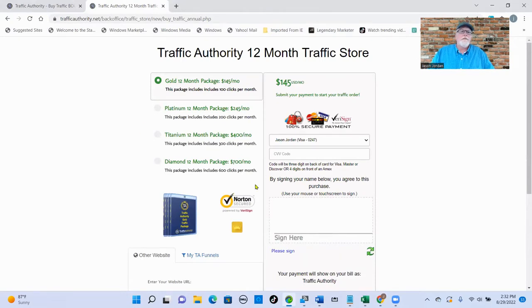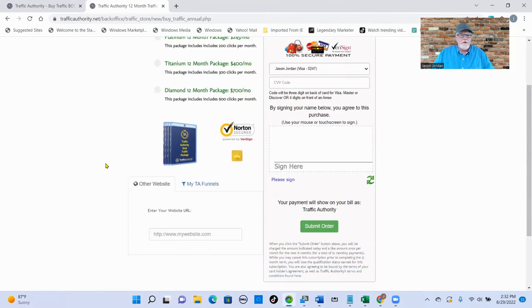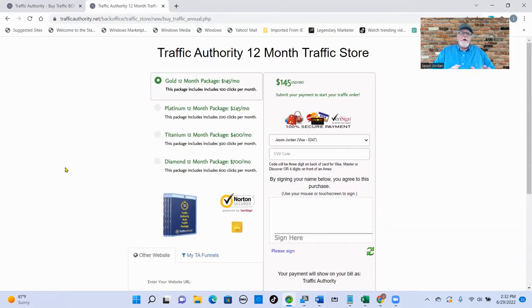So whenever you come in here, and of course, since I'm already a member, this just pops up with my information. But what you've got here, you're going to have this opportunity. So my advice would be, when you join, go ahead and join Traffic Authority also. They do free training inside Traffic Authority for the traffic in the program. I would take it one step further and I would go ahead and join as a reseller. Okay. There is a fee. Can't remember right now what that fee is, but there is a fee.